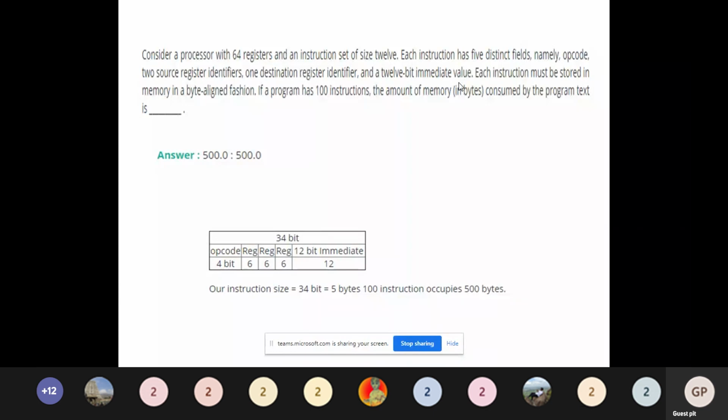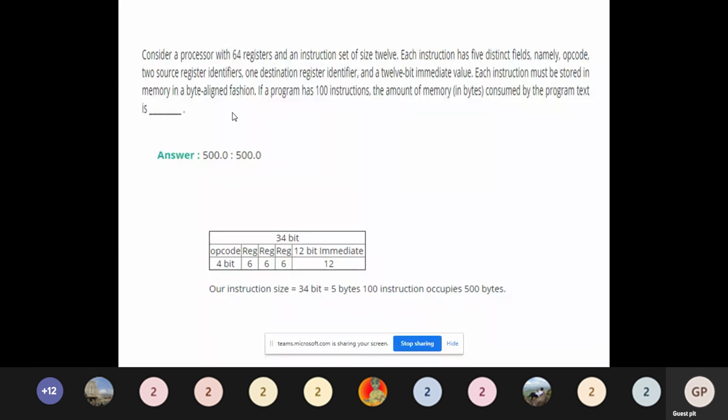Each instruction must be stored in memory in a byte aligned fashion. If a program has 100 instructions, what is the amount of memory consumed by the program text? This is what is asked in the question. Keep in mind that each instruction has 5 distinct fields.